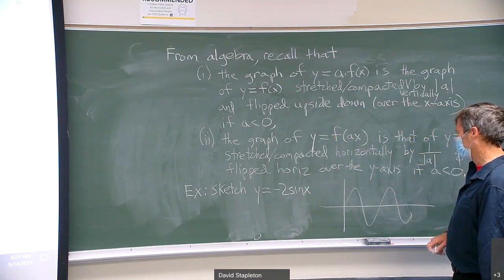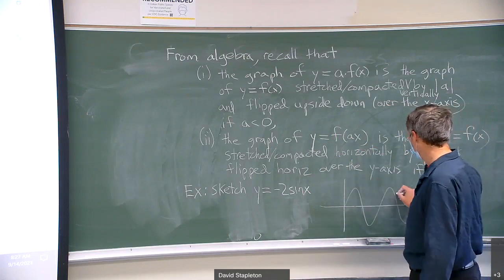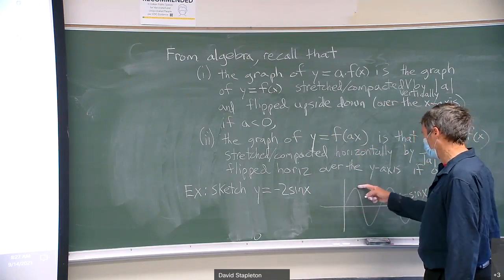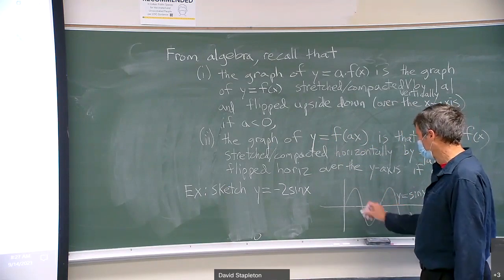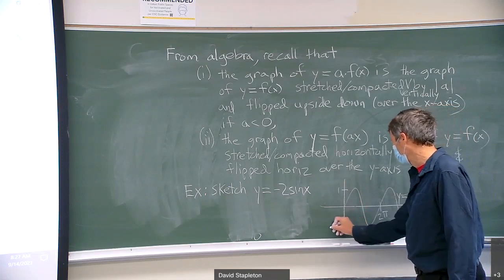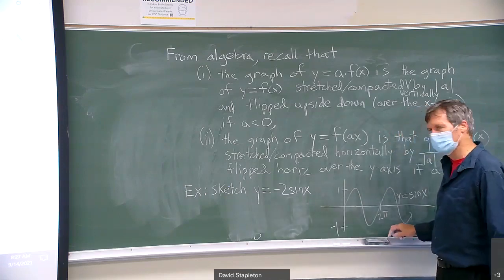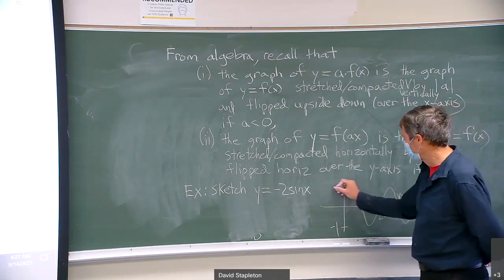All right. So y equals minus 2 sine x. Here's y equals sine x. We recall that it goes all the way up, all the way down, back to where it started, between 0 and 2 pi, and between plus and minus 1. So what does y equals 2 sine x look like? Forget the minus for a minute. That just doubles every y coordinate, right? If I plot y equals 2 sine x,